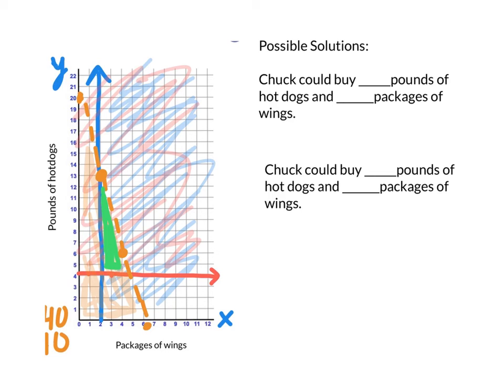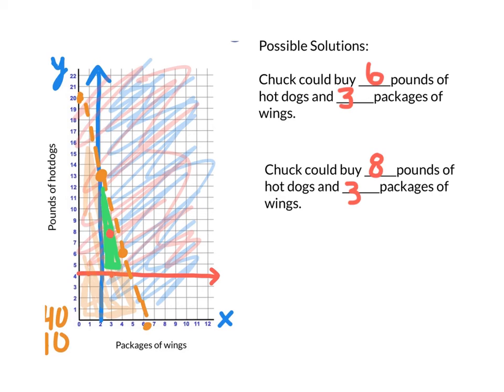So he could buy 3 packages of wings. So I'm going to fill the 3 in right here and 6 pounds of hot dogs. That is one possible solution. Let's see if we can find another one. Maybe he could buy 3 and 8. That's another pretty clear solution. So he could buy 3 packages of wings and 8 pounds of hot dogs. Okay, there's probably more. Now, what you could also do is check to see if that's correct if you